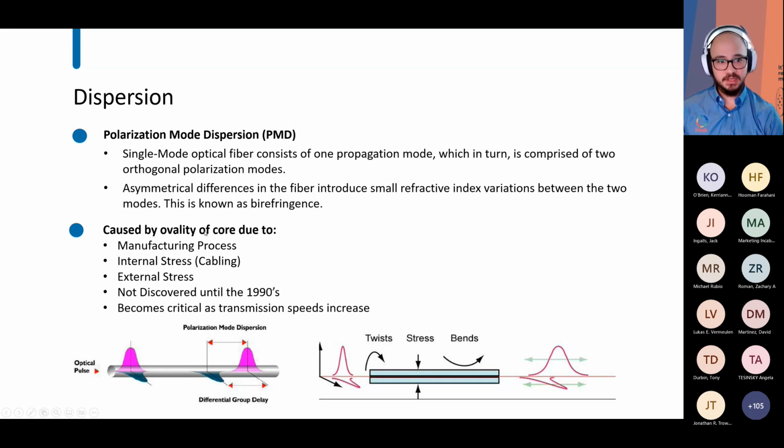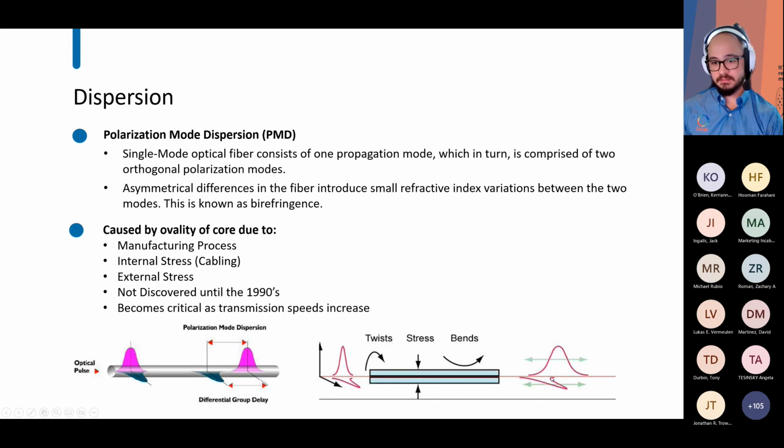And it's caused by ovality of the core due to your manufacturing process, internal stress that can happen during cabling, and then external stress. Now, this wasn't discovered until the 1990s, and as transmission speeds increase, combating this becomes very important. And so you can kind of see how stress and bends can cause the polarization mode dispersion. And so you have your orthogonal wavelength here,